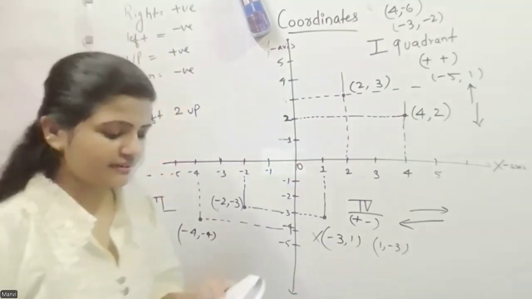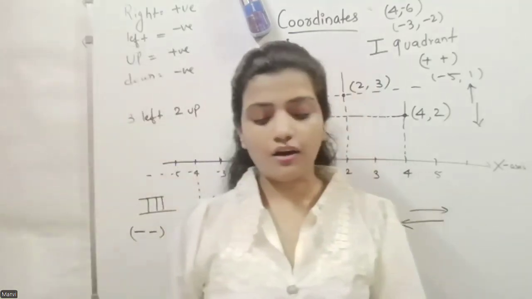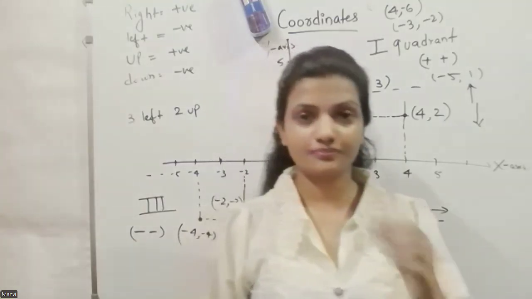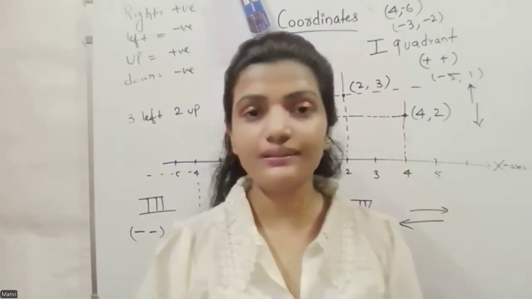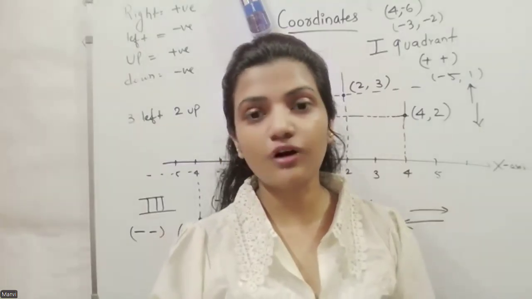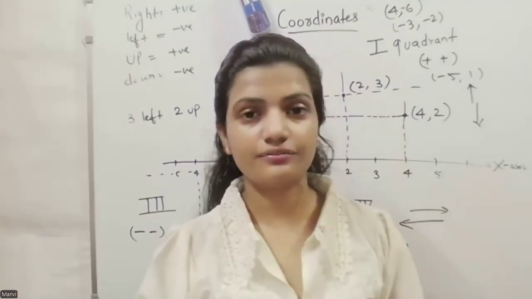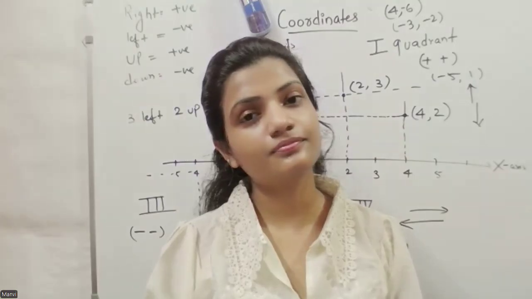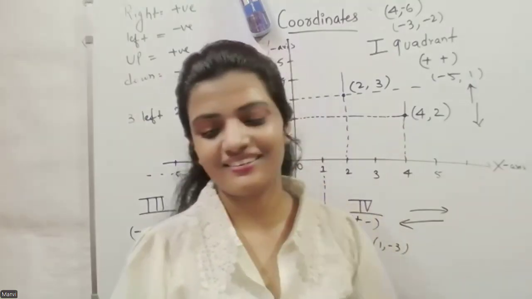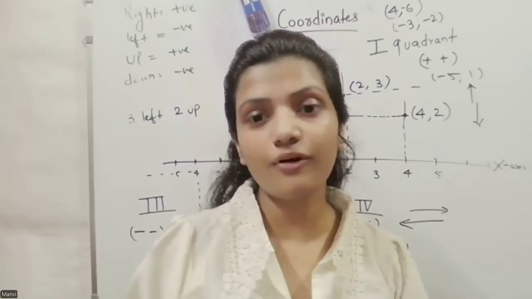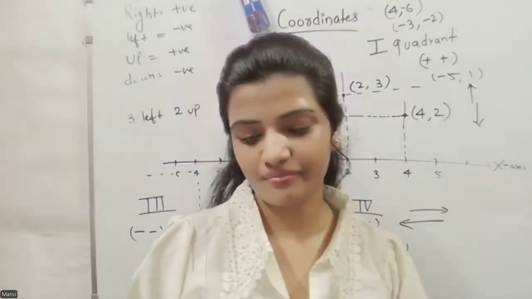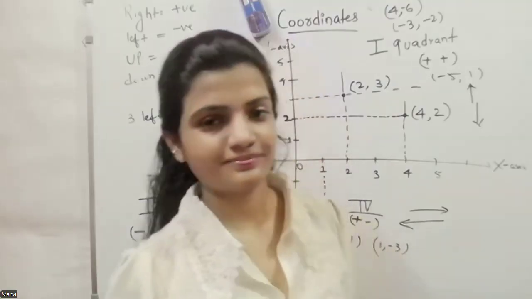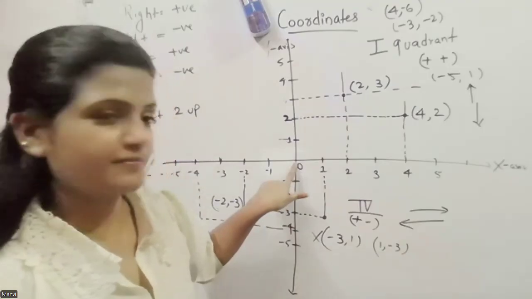Okay, Kavya, a few questions. Which number tells us how far to move across, the X or Y? Yes, X. And which number tells us how far we move up or down? That's Y. Okay. What is the coordinate of the center? The coordinate of this.